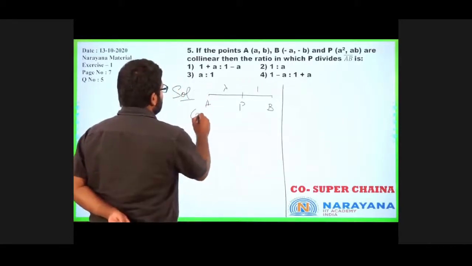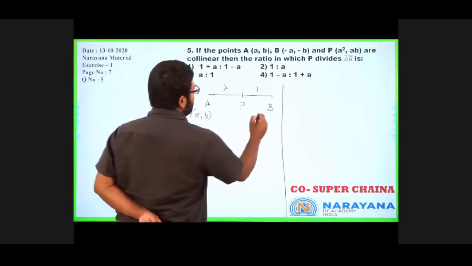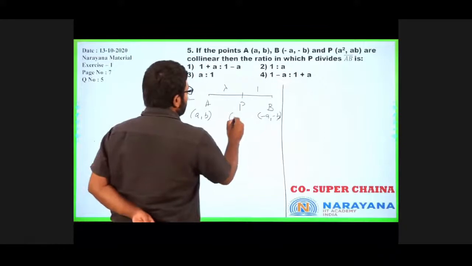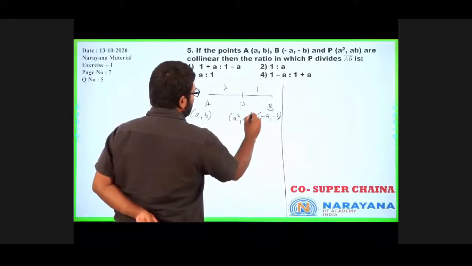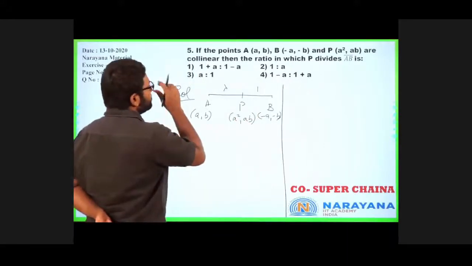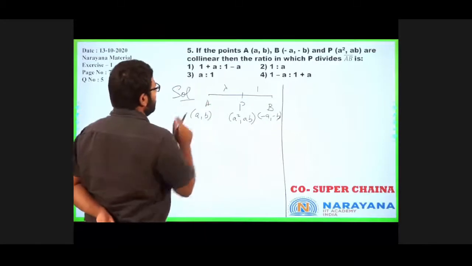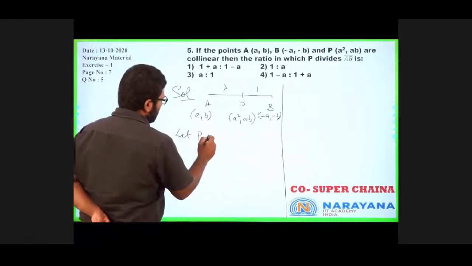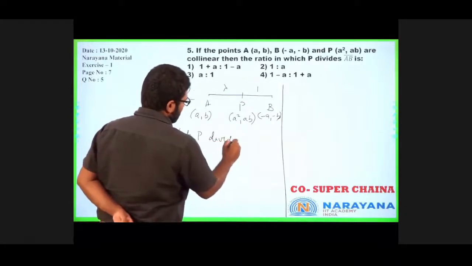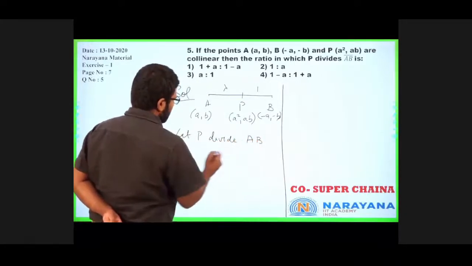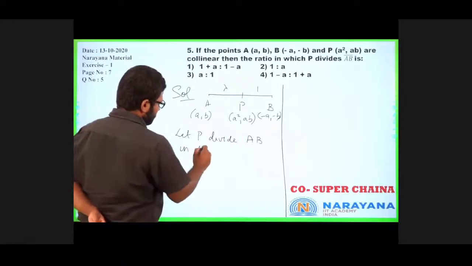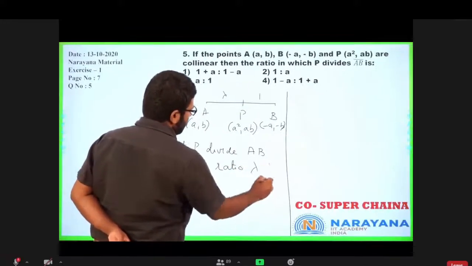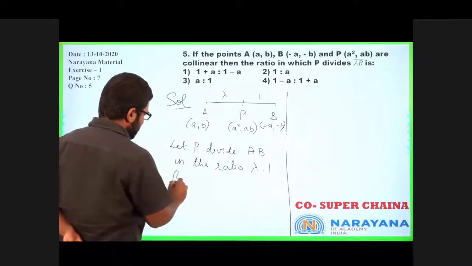Let us write the coordinates: A is a comma b, B is minus a comma minus b, and P would be a square comma ab. Alright? So let P divide AB in the ratio lambda is to 1, right? So then by section formula,